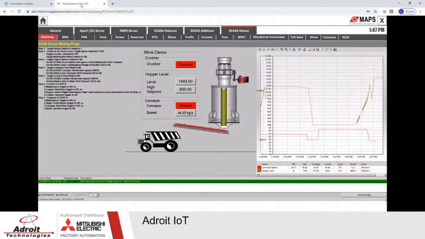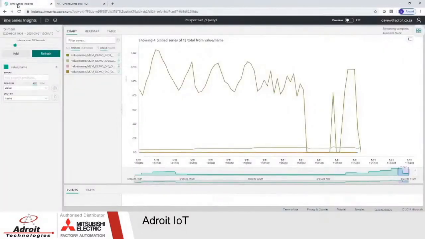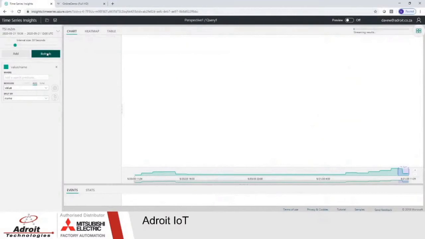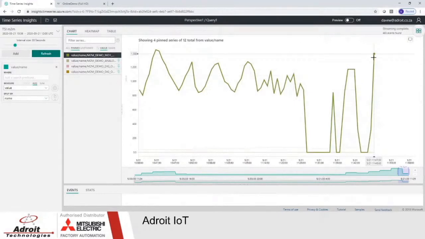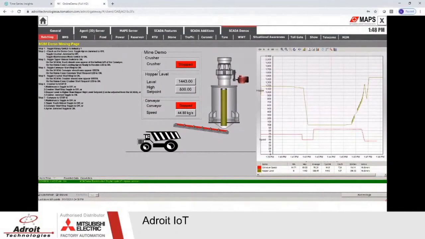So you can see both. It will have gone up, and if you notice on the right hand side, they are both flatlined, so that's where we're sitting. If I pop across to the Time Series Insights and refresh the data, you will see, let's look at that value, it's gone up to 1388. How does that compare to here? You can see that it's a little bit behind.